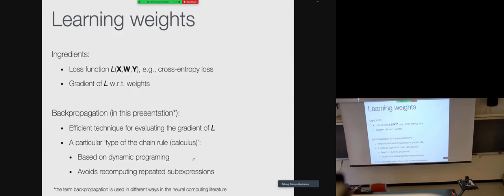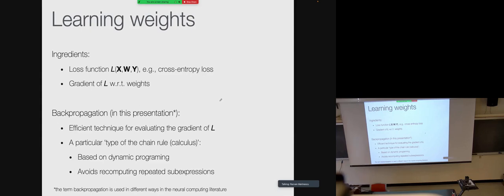So we will have a function. Again, we always have a loss function, as we had in previous models. And our loss function here will be, again, based on the inputs x, the outputs y, if it's a supervised learning task, and we also have weight vectors, w. So the loss function is a function of these variables. And we take the gradient of the loss with respect to the weight, w. This will be our optimization task. And we do that using backpropagation, which we'll go through right now.